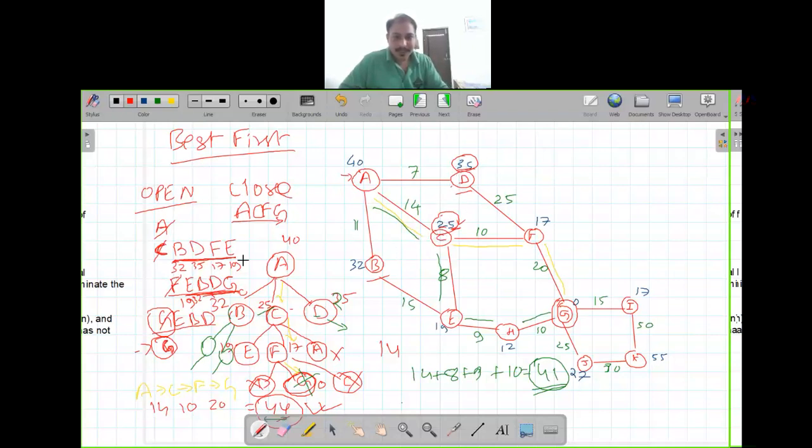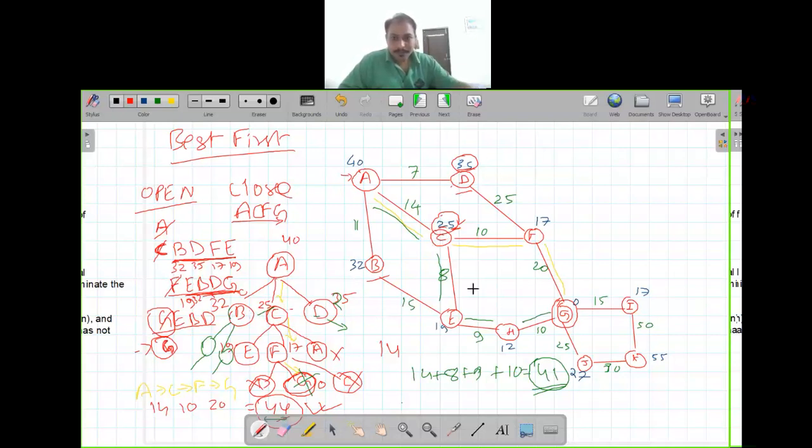So the least heuristic value enters first, then the next, and then the next. In this order we are entering the elements in our open list, and the successor node with the least heuristic value is the one we explore.